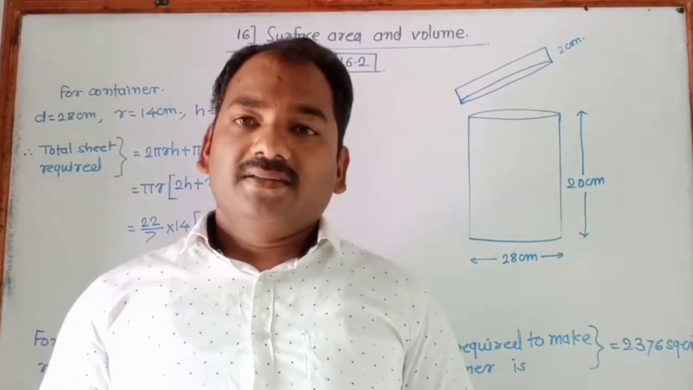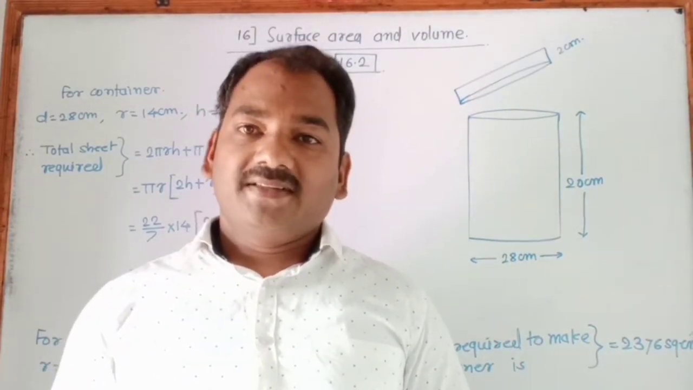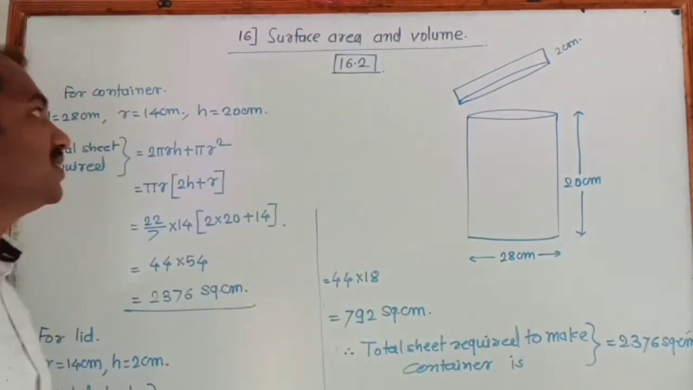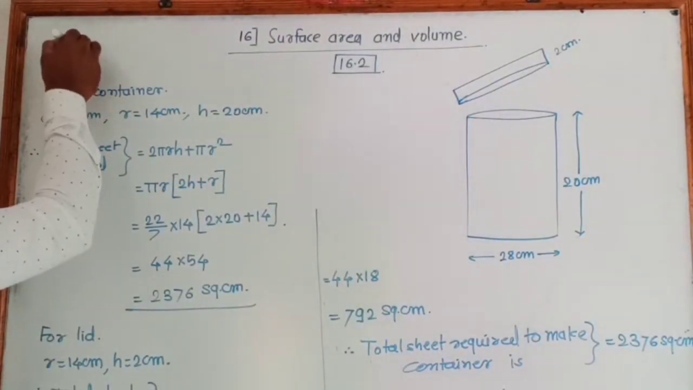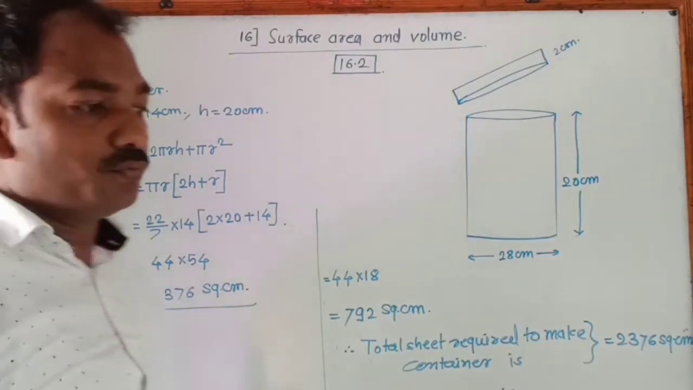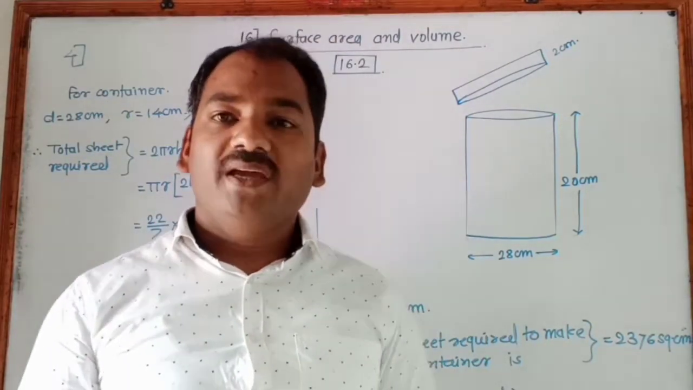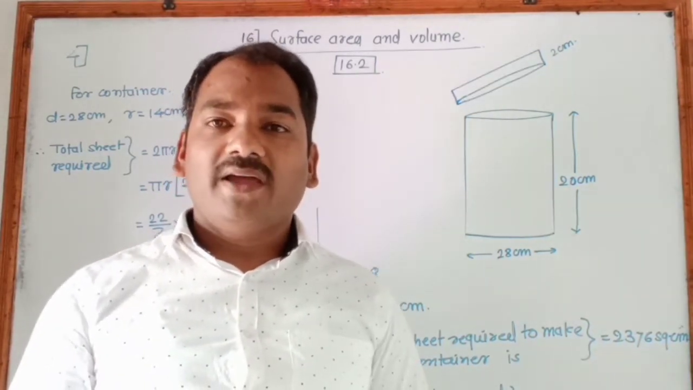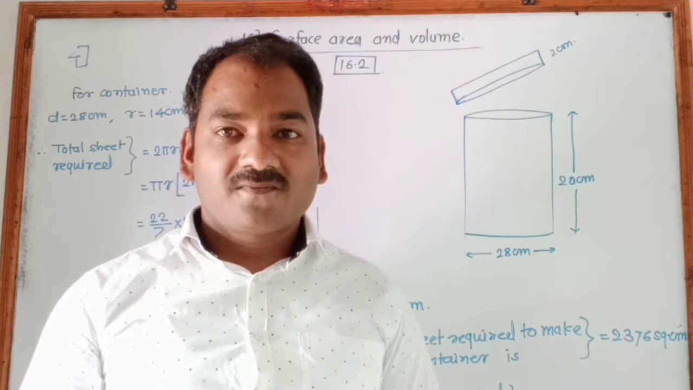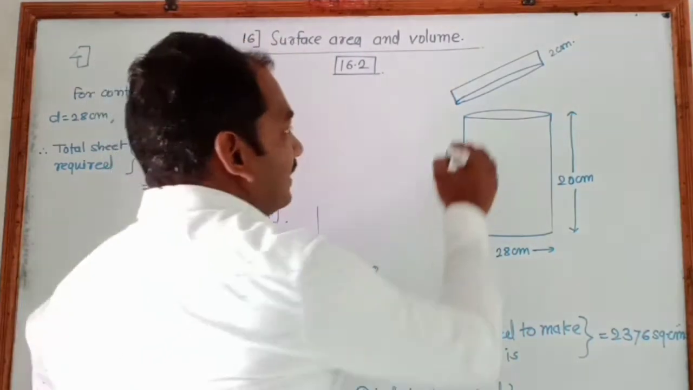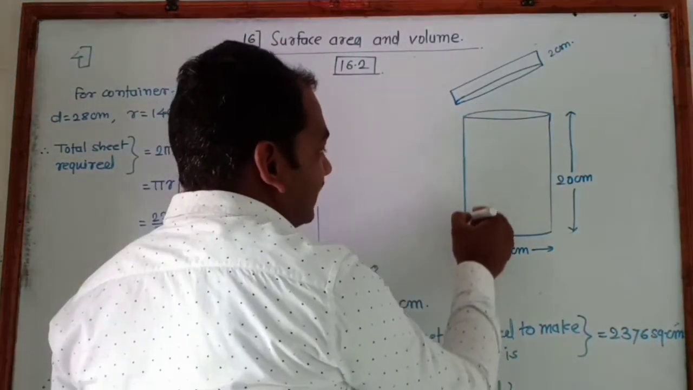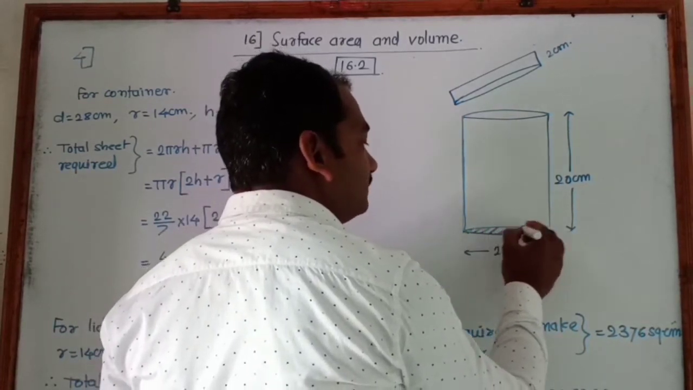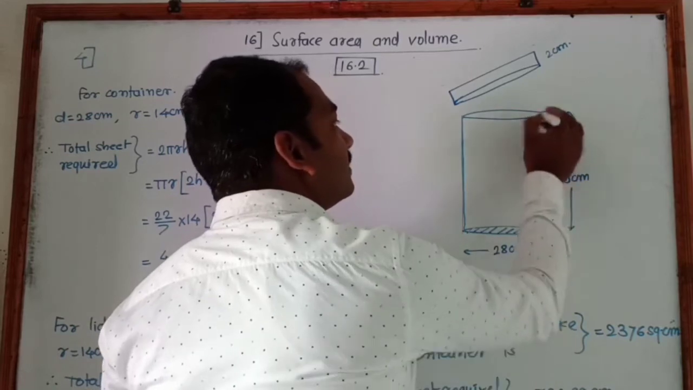Now let us look at the last important question of this practice set, which is very important. See, in the question, that is question number 4 here, we have to find the sheet required to make a container which is cylindrical in shape and open at one end. You know, look at here, this is a container which is closed from this end. This side is closed here and this is open,